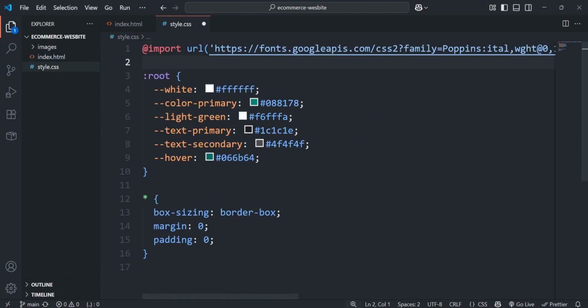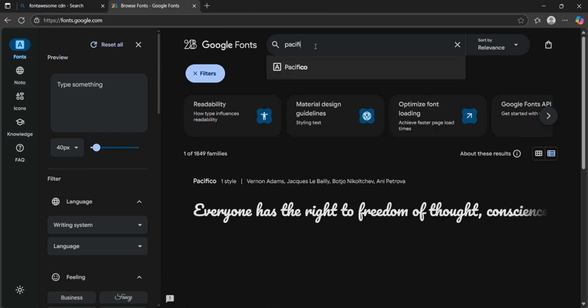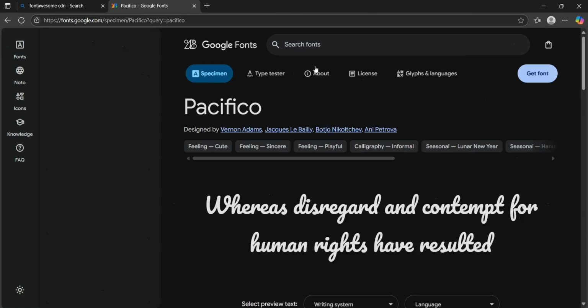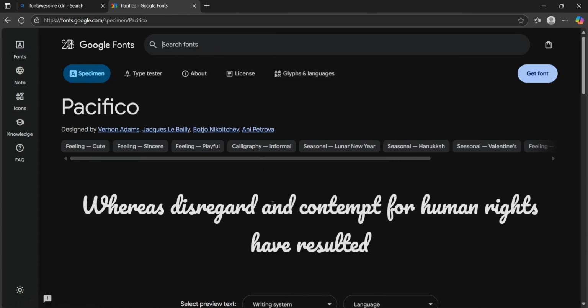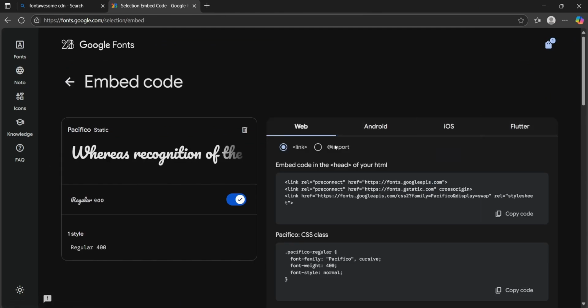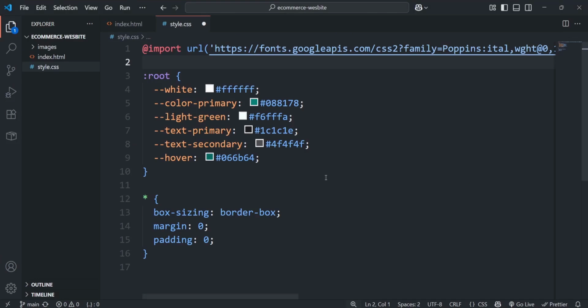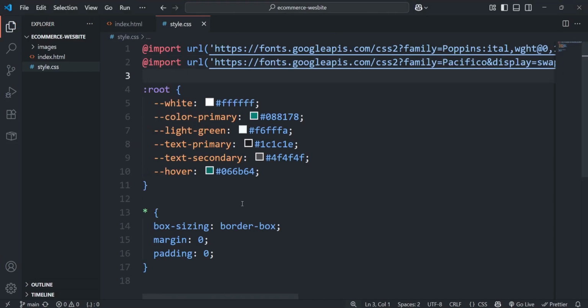Like I said, I'm going to make use of two fonts. So I want to search for another font. I'll go back to Google Fonts and search for Pacifico. It's going to bring me right here. I also want to get this font. So I'll click on Get Font, get the embed code, and I'll go for the import. I'll copy the code, head back to my style.css file, and just paste that up here. Cool. Now we've added Google Fonts and Font Awesome icons to our project,